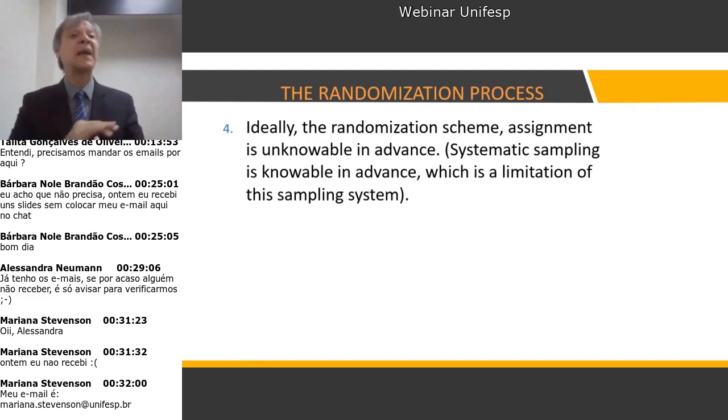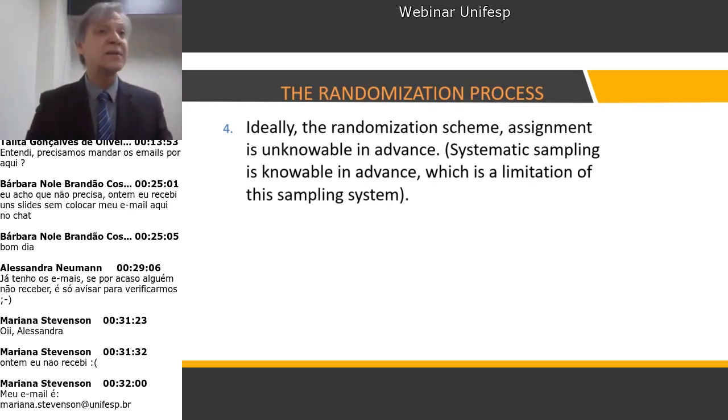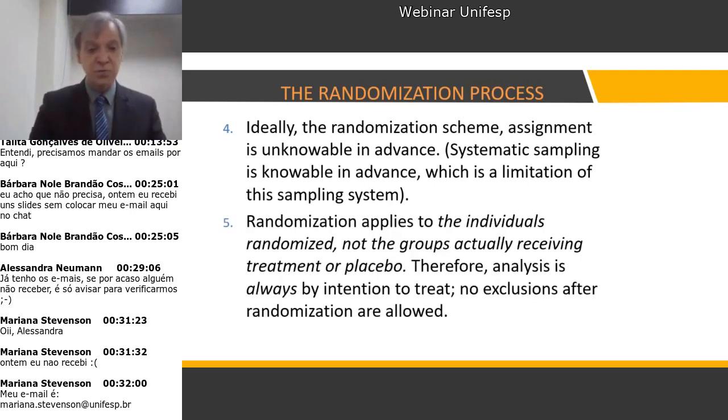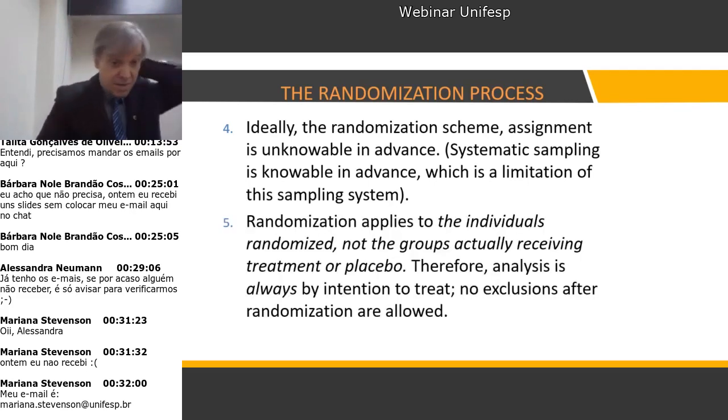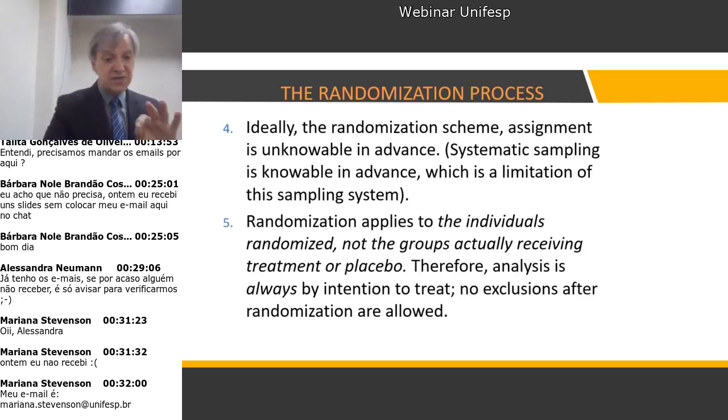That one you can play with. People in the clinics figure it out. You know, we don't want people to know. We want them blind, right? So the randomization needs to be unknown in advance to most people. Ideally, the schema is unknown, and more important, the individual randomization applies to individuals randomized, not the groups actually